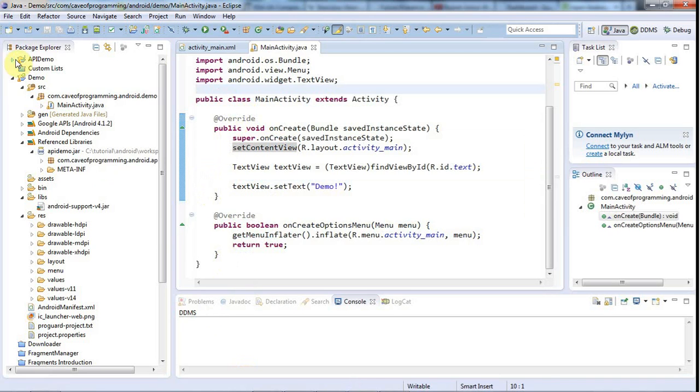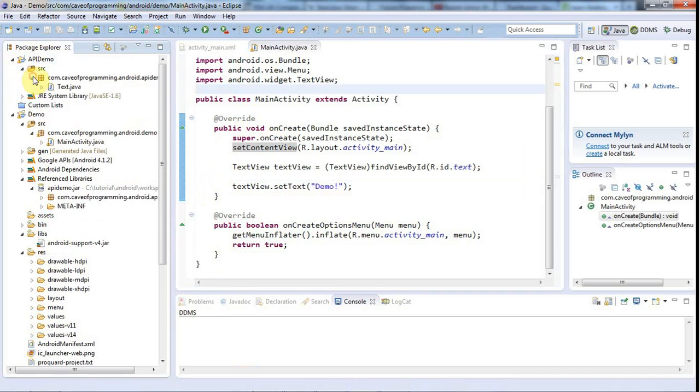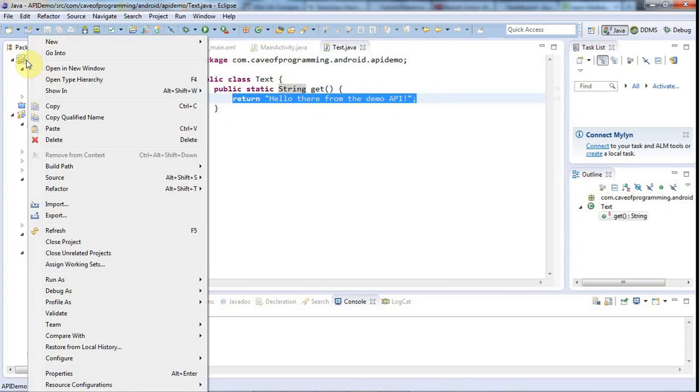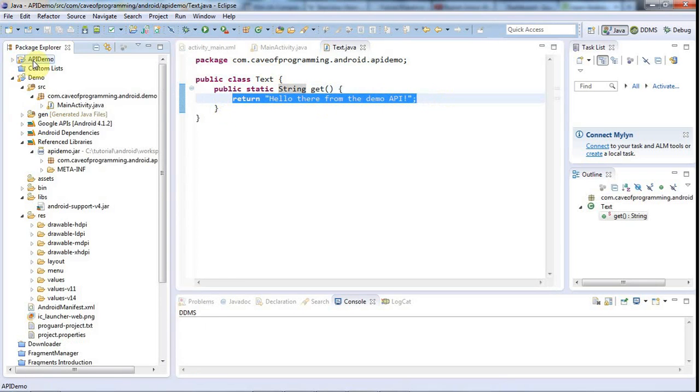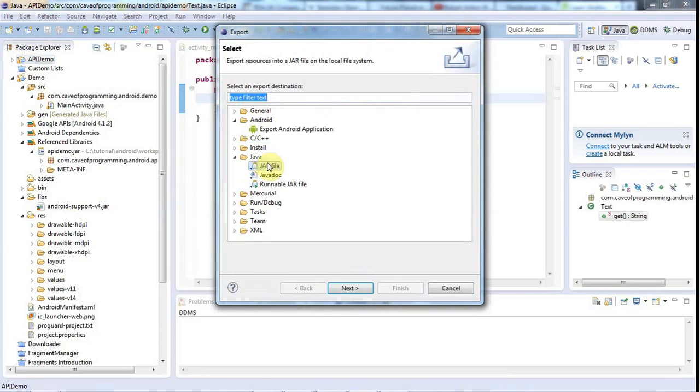So I've created a little demo API jar myself. I created this project and I just put a class in it called Text, and it's got a static method called get, which just returns this text, hello there, from the demo API. And I created my own little API demo by just going to export on this project and exporting it as